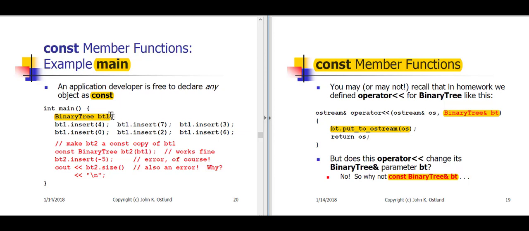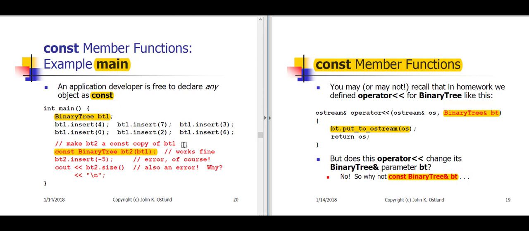which starts out as empty because of the default constructor. And then we're invoking the insert member function 6 times on BT1. And we know that works fine, and that will build a binary tree object containing 6 int values in ascending order. But now let's suppose that the application developer wants another tree to maintain a copy of what the original